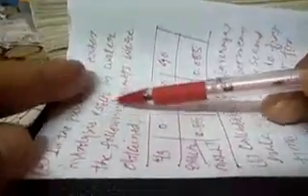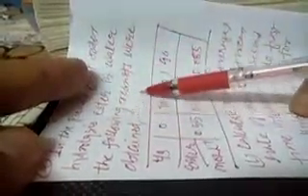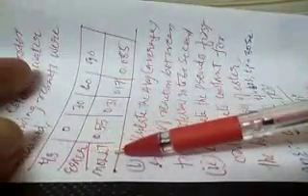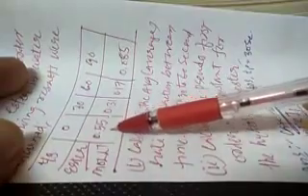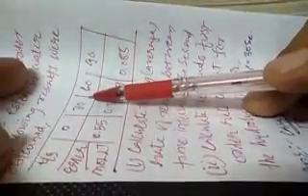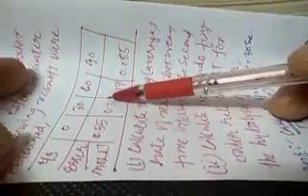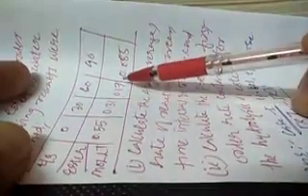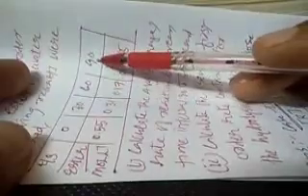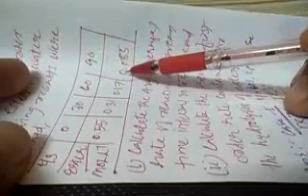Then we have the next question. In pseudo first order hydrolysis of ester in water, the following results were obtained. They have given time and ester mole per liter. So when time is 0, ester is 0.55 mole per liter. When time is 30 second, ester is 0.31 mole per liter. When time is 60 second, ester is 0.17 mole per liter, and when time is 90 second, ester is 0.085.